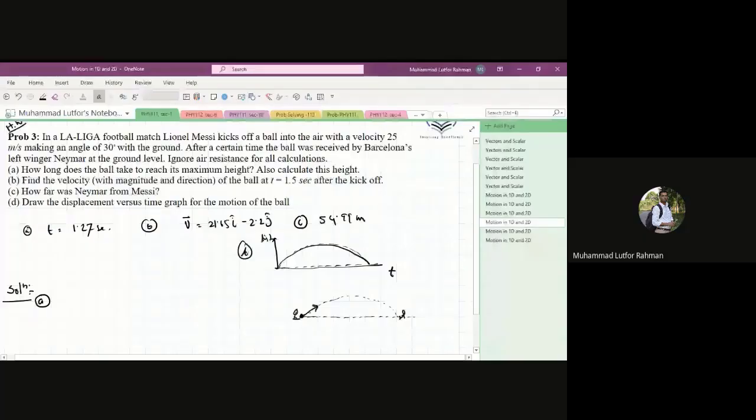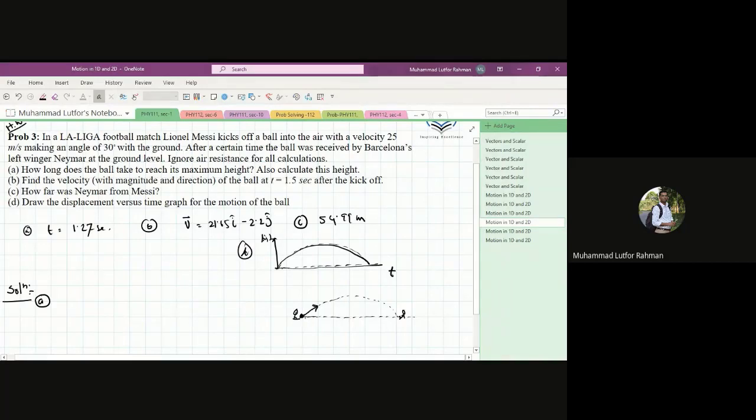And definitely it should be the projectile motion, if we neglect air resistance. So then the first question asks, how long does the ball take to reach its maximum height? Also calculate this height. So I know there is an equation that you can find out directly. Once you kick the ball,